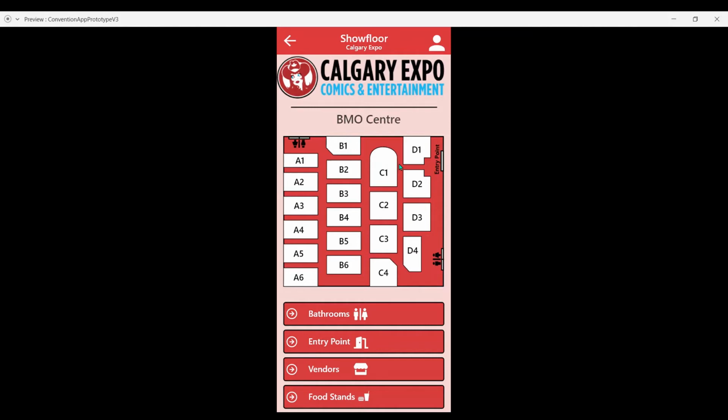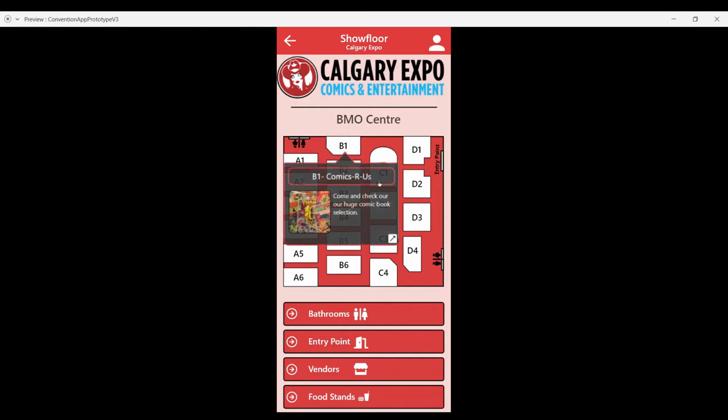So we've implemented a feature in which you can simply select the booth and you'll be able to view a description of it, so what's happening at that booth during the convention. So for example, B1 is Comics R Us. It says come and check out our huge comic book selection, and this small little icon in the corner right here will